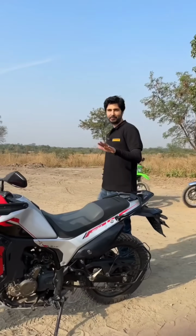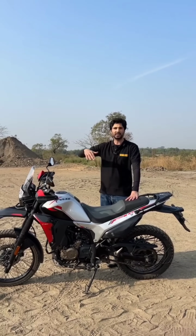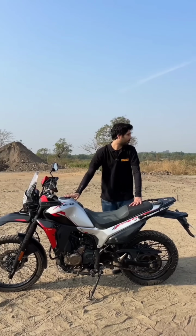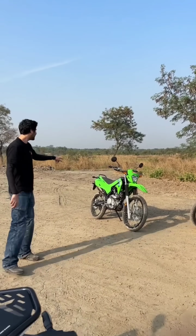Here we have the X-Pulse 210, replaces the X-Pulse 200. That still continues on sale, but this takes it up a segment in terms of performance, features, design. Very impressive motorcycle. Moving to the back, KLX 230, but this one is made in India, and that has brought